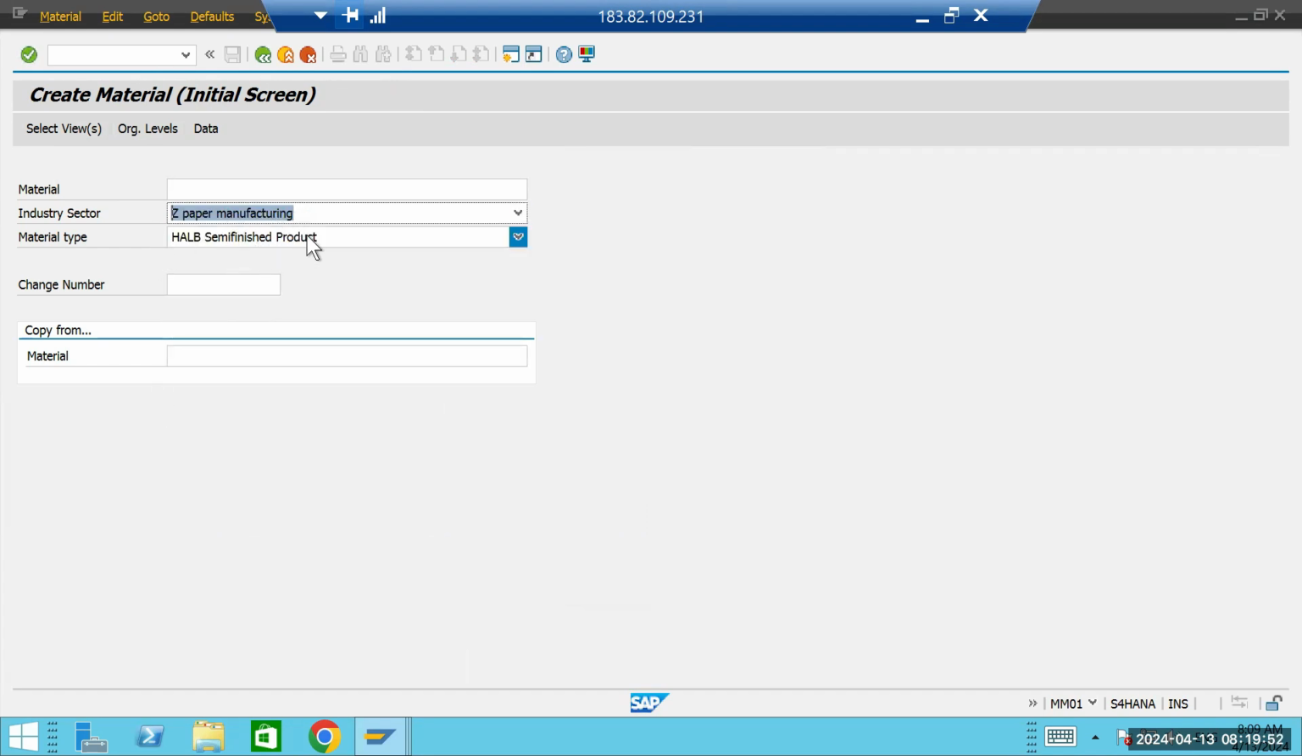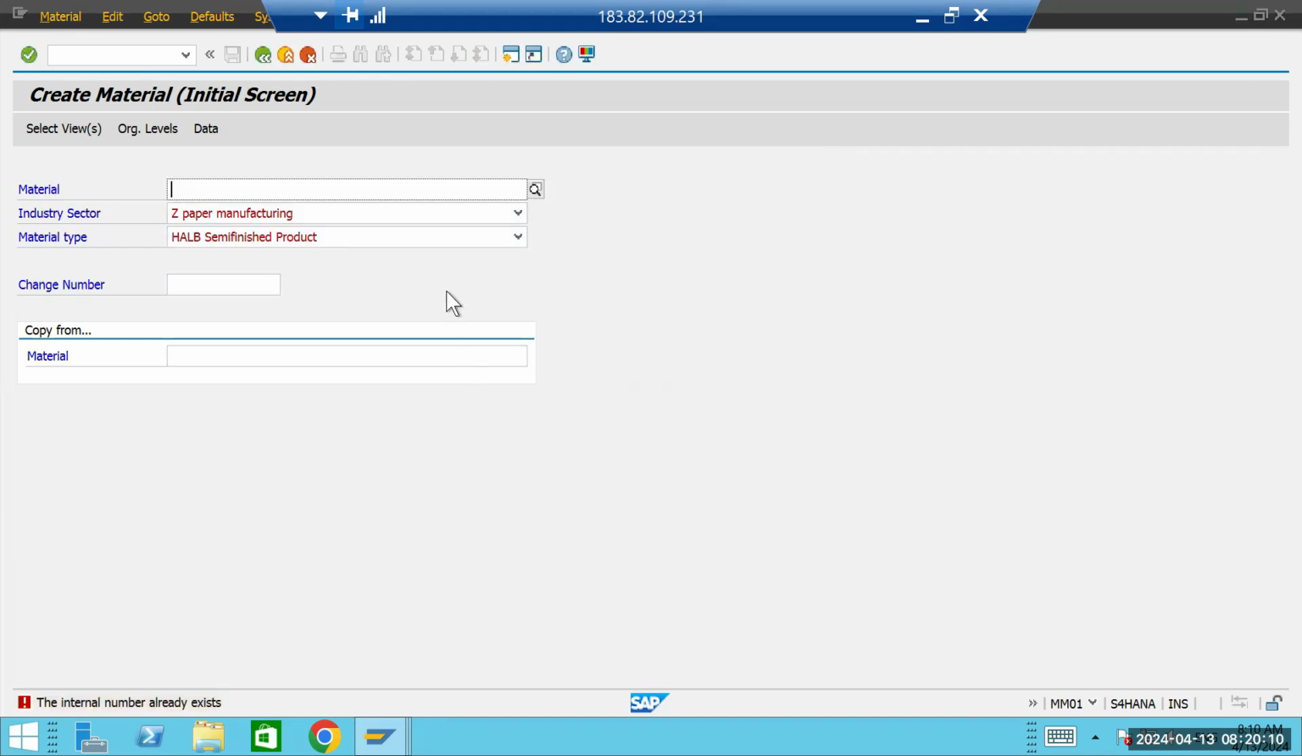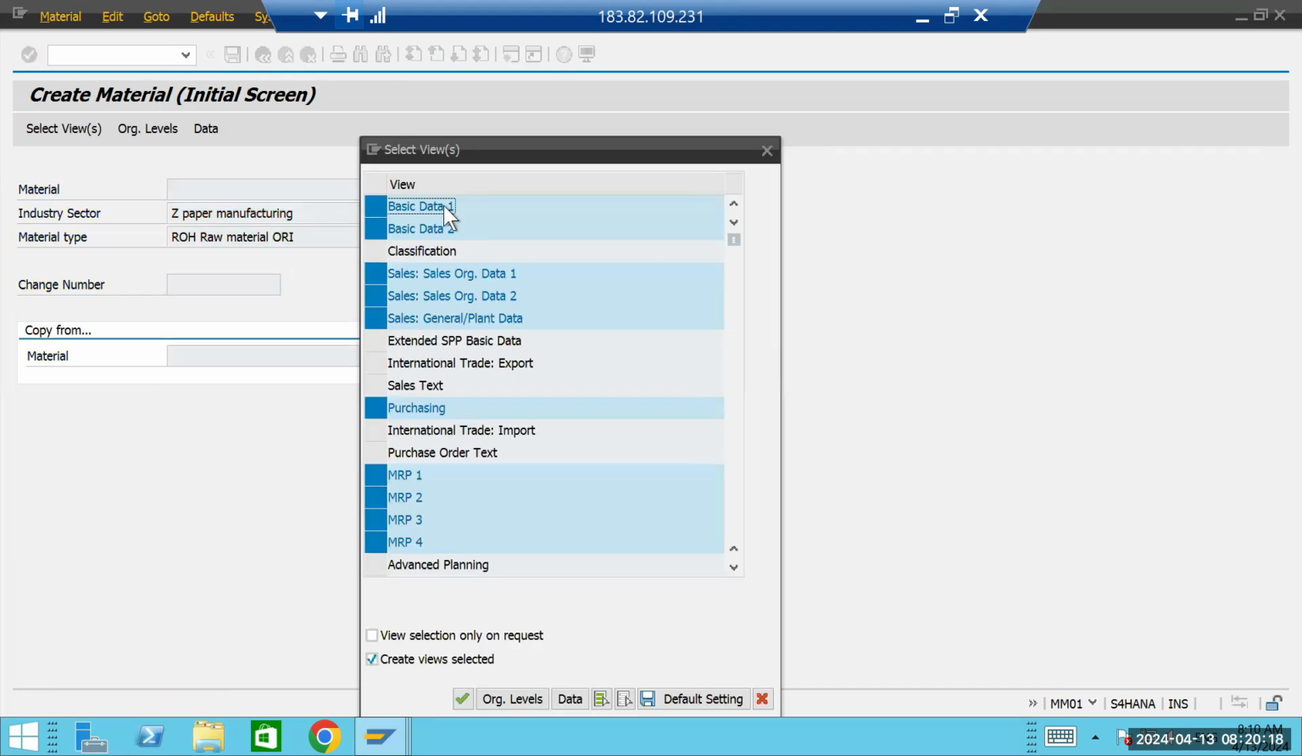Okay, now I can select the material type. I can click on enter. Okay, this is for HLB. It is not taking. So I'll be taking raw material. Okay, so now here you can see there are some user department selections. Okay, so basically we will not take all the selections. What is required